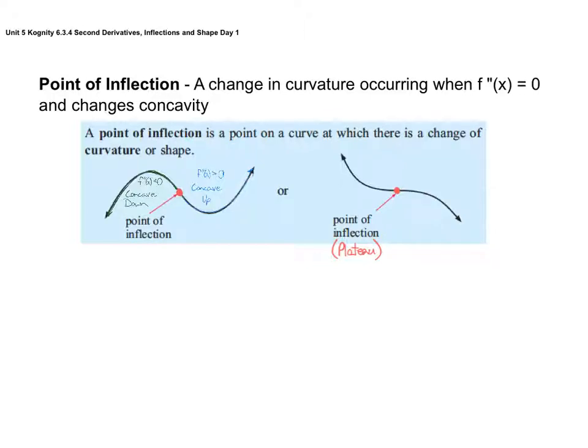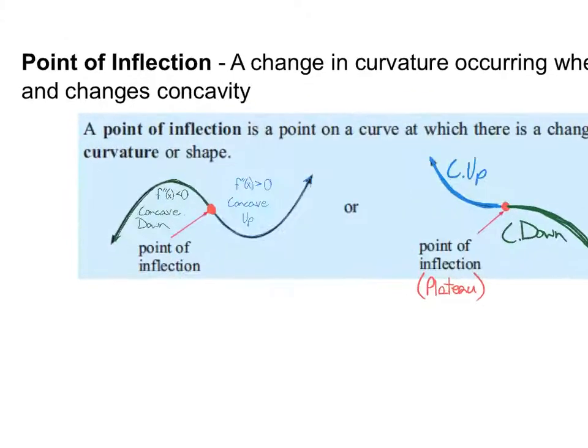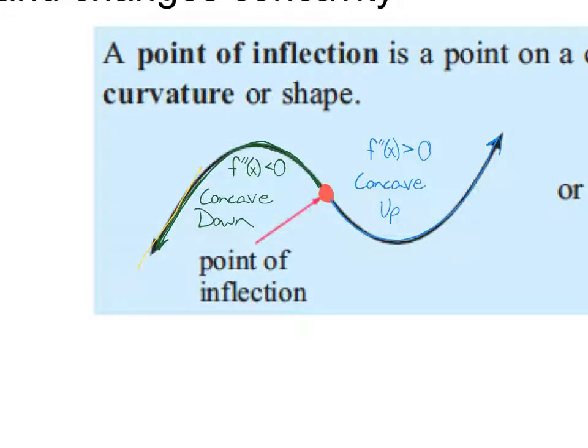Oh wait, I colored those backwards. Let me fix that so it's not confusing. Here it's concave up. That was blue on the other one. And here's concave down. How do the tangent lines help you? Okay, let's look at how the tangent lines help us. Let's look at the two parts where it is concave down. Concave down. And this is concave up. All right, so on the part that's concave down, if I draw the tangent lines,